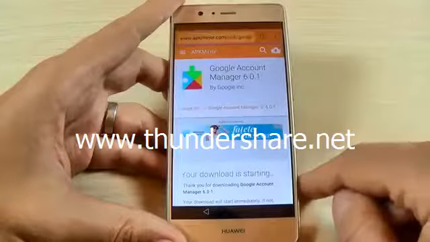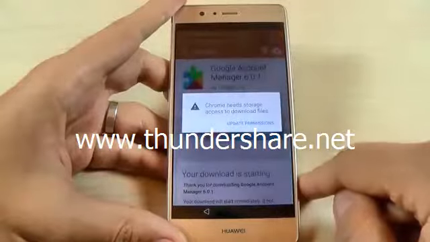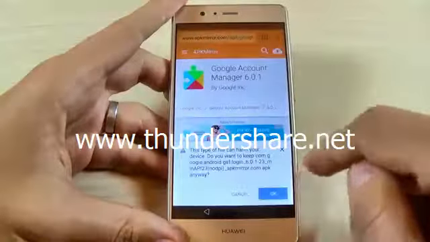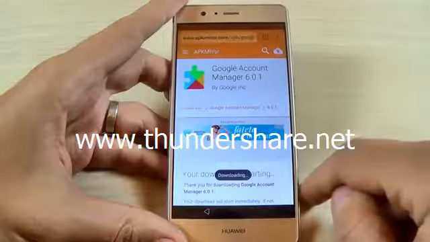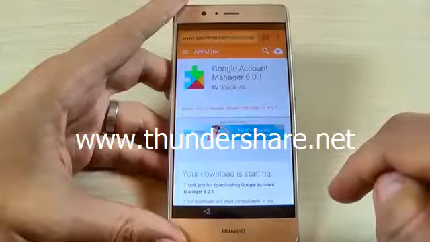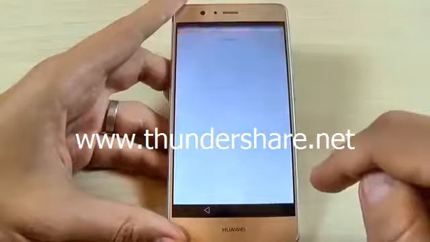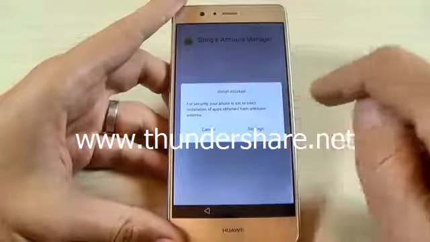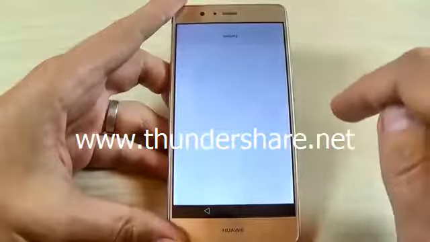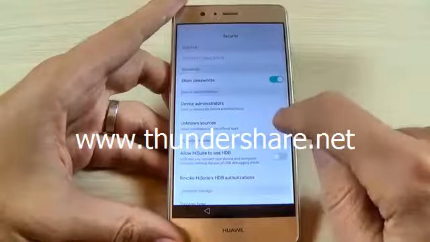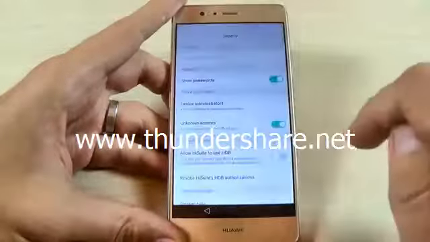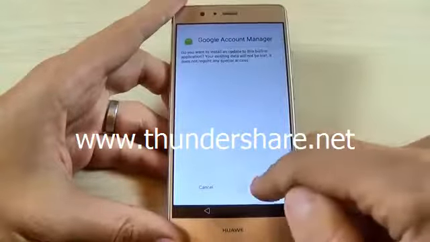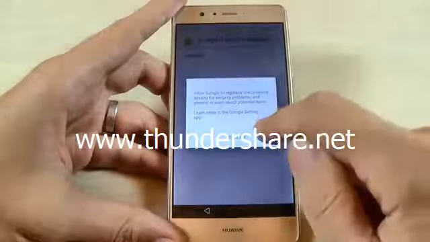Your download is starting. Here hit update permission and hit allow and hit OK to download this application. Now downloading, and now hit open and hit on the application. Install blocked, no problem, just hit settings and enable unknown sources, hit OK. Now go back and hit again the application and hit install, hit accept